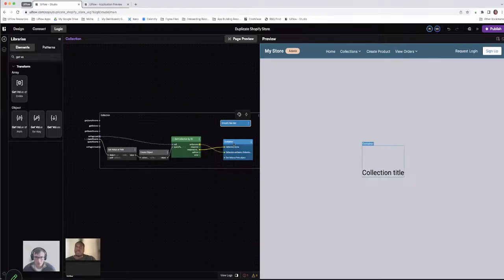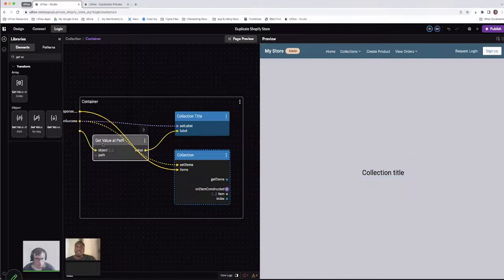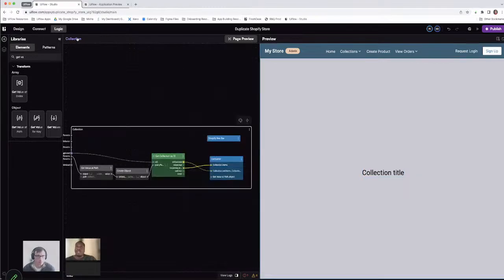We can skip this step. Yeah, let's skip that one for now and come back to it. Yeah, no worries. So on the collection page itself, we updated